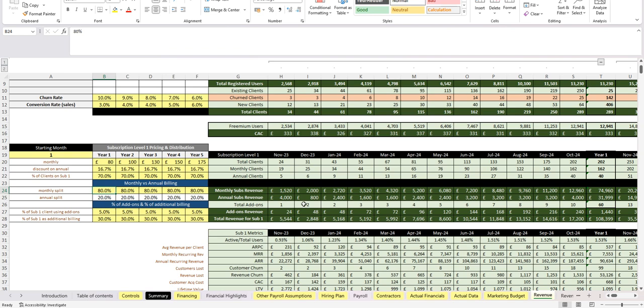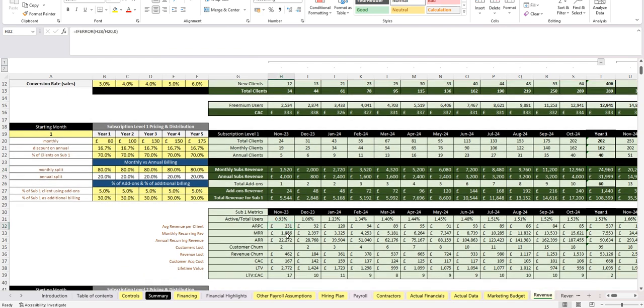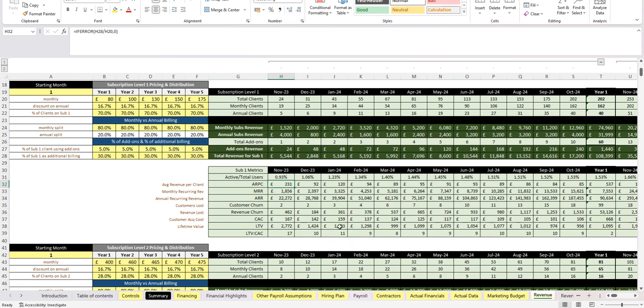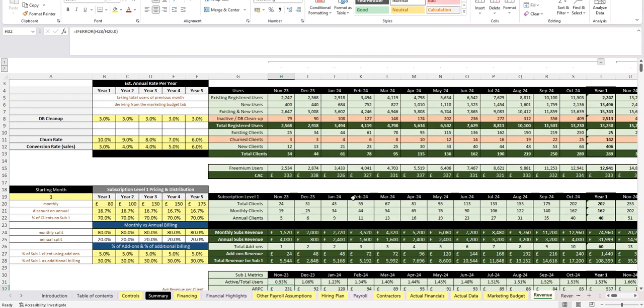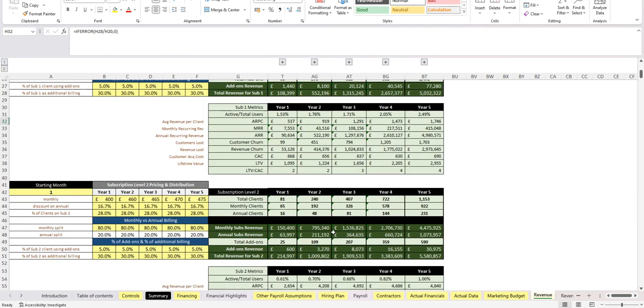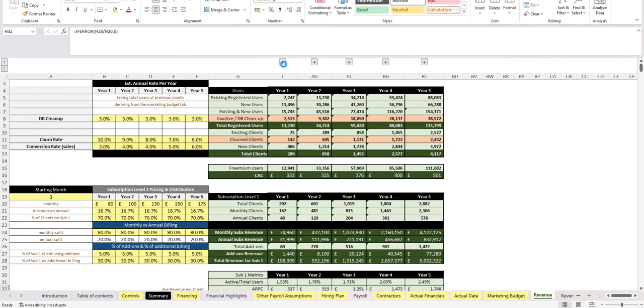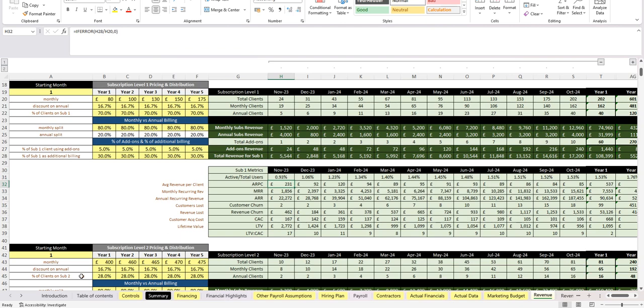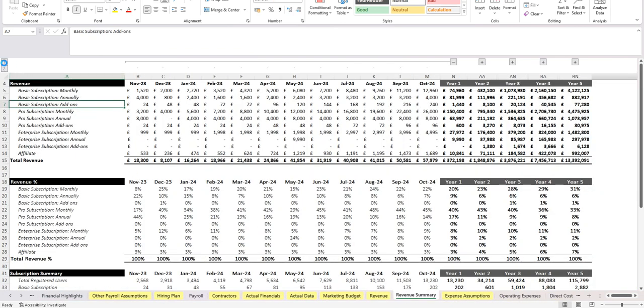So, and then you have all these key metrics that are very important for SaaS. Average revenue per client, MRR, ARR, churn rate, LTV to CAC. You're gonna need that if you build a SaaS model. Okay. Now, if I collapse all this, then obviously you get the yearly. Okay. If I expand, you get year one, and you see it per month how it's growing. Okay. That is for the revenue, and then in the revenue summary, you see that in a more summarized version,